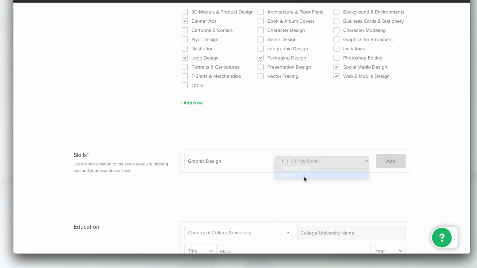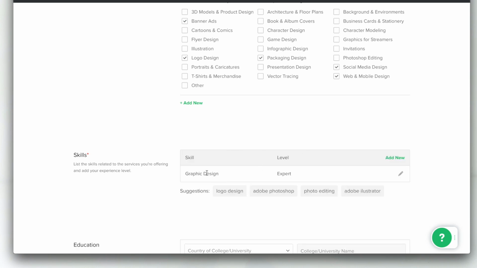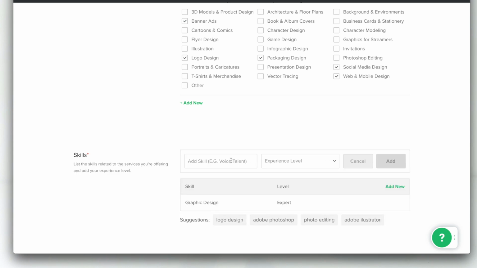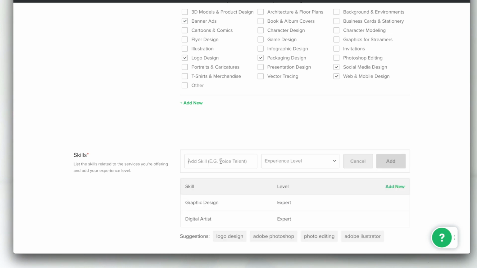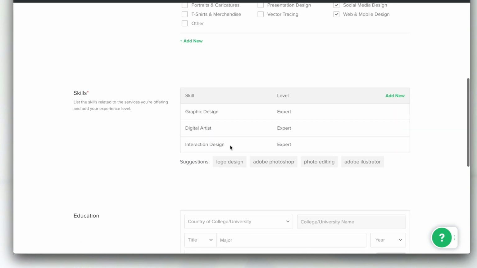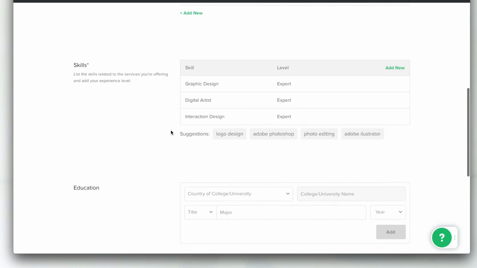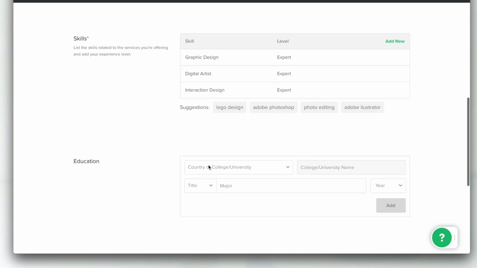and your experience level. So you can say that I'm expert, and I can add a new skill. I can say maybe digital media design, digital artist is here. Okay, I'm going to take that, I'm going to put expert, add, and I can add interaction design, and I can add that also. So these are skills I'm going to add at this point, right? So you can come down here, you can keep adding any number of skills that you have, and you can